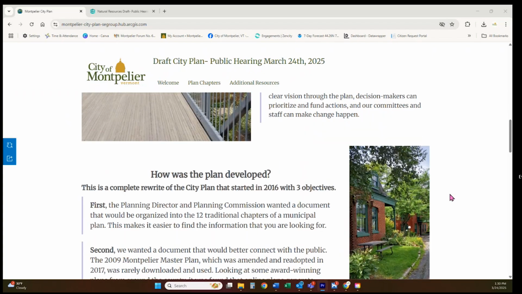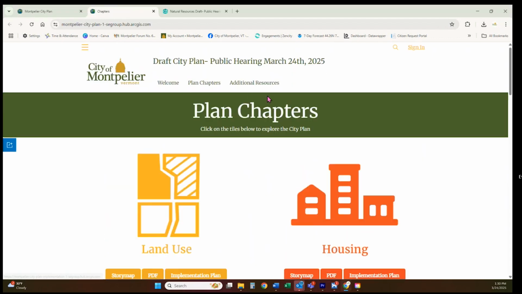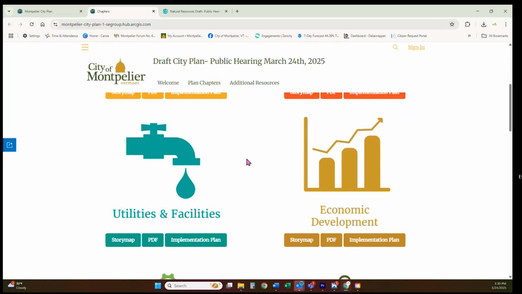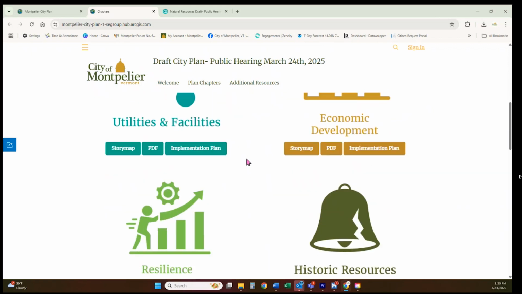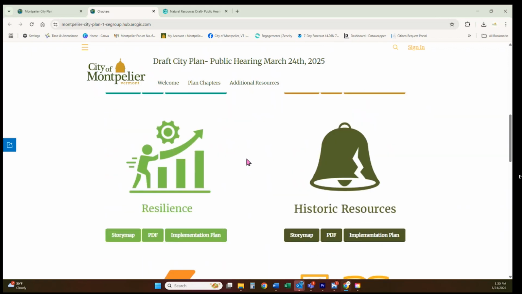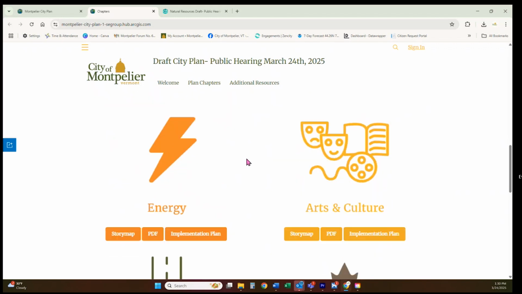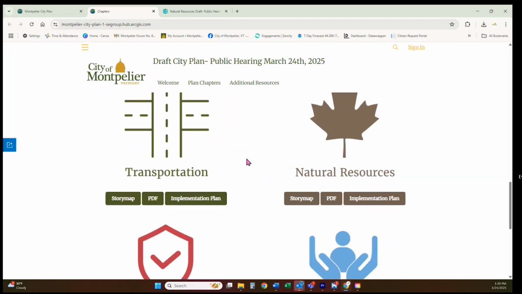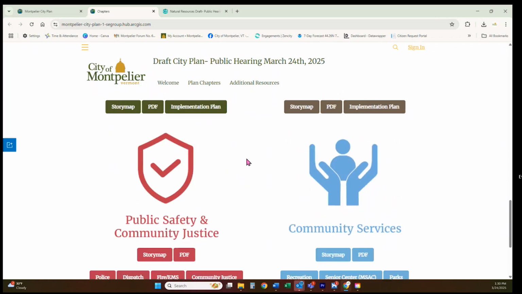The substance of the plan is found on the second tab, the Plan Chapters tab. If you click it, it will take you here. The Montpelier City Plan 2025 has 12 chapters, each a different subject area. They are listed here in 2 columns and include topics like housing, economic development, resilience, energy, natural resources, and community